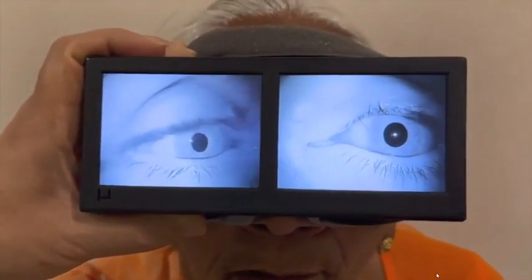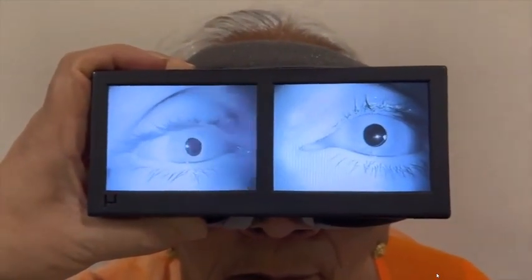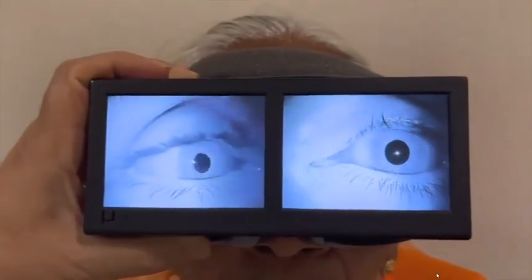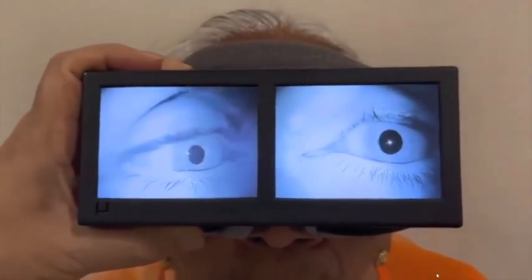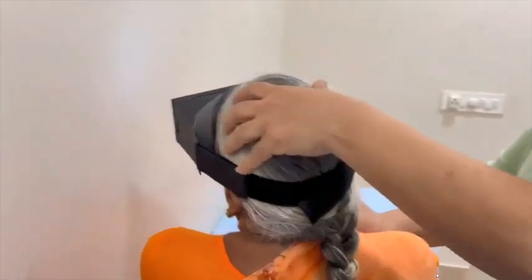Initially, after the first left Epley maneuver, we saw a nystagmus which was right beating, which after the therapeutic head shaking to relieve the canalith jam in the left horizontal semicircular canal became left beating. So we hadn't done the left Dix-Hallpike retest after the first Epley maneuver because we saw a horizontal nystagmus. So we did a left Dix-Hallpike retest first at 24 hours, and we were surprised